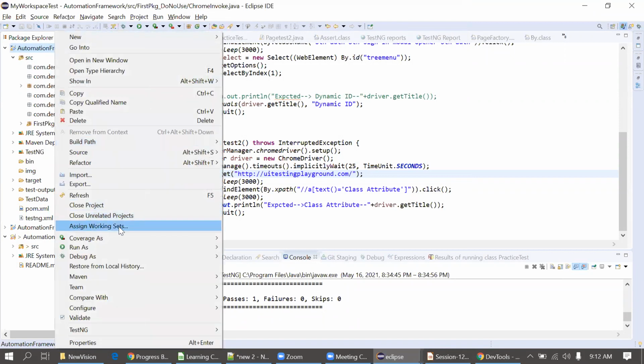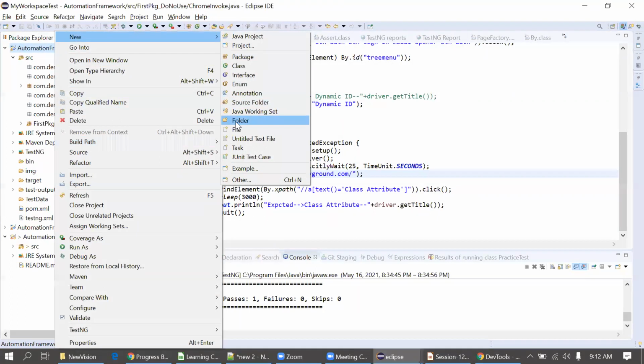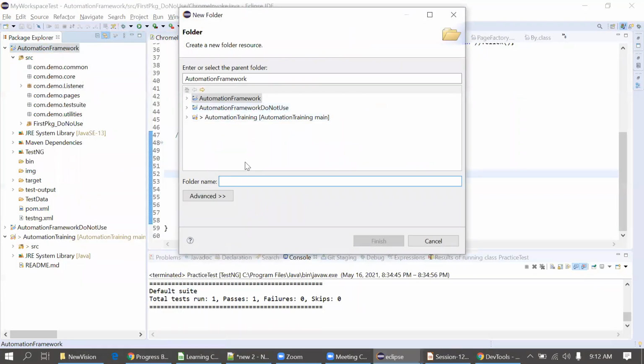Then one more folder is required for screenshots. This is not for the failed test cases.